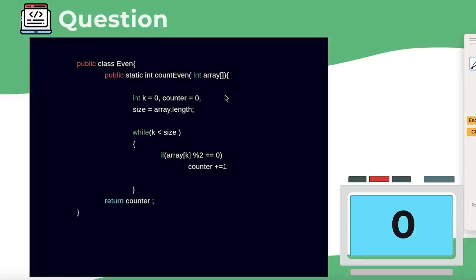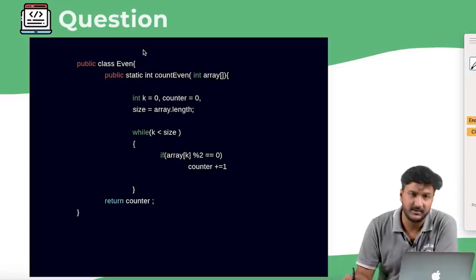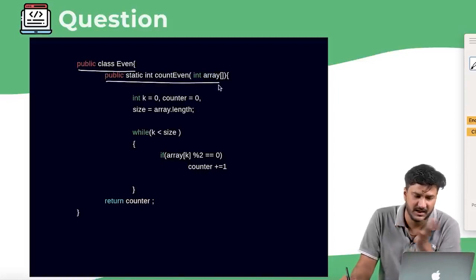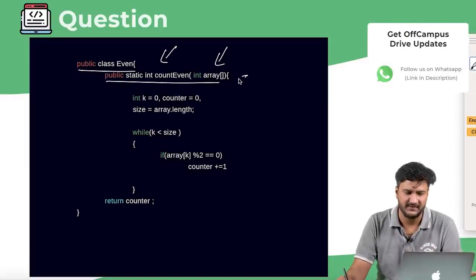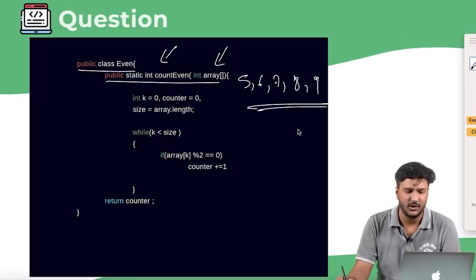Okay, so let's begin. So obviously this would be understandable by all the people, even if you're C, C++ or Java, right? You would understand because everything is the same, right? So there's public class, PSVM, and all of these, right? So the first thing that you're getting here is the array, right? So let's say 5, comma 6, comma 7, comma 8, comma 9. So that's exactly how the array you are getting.